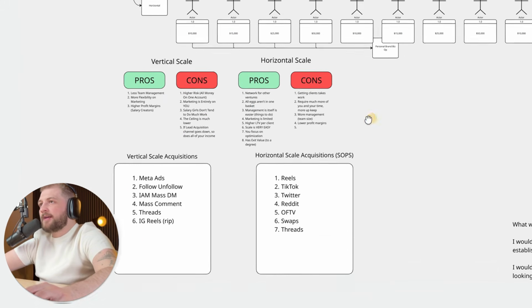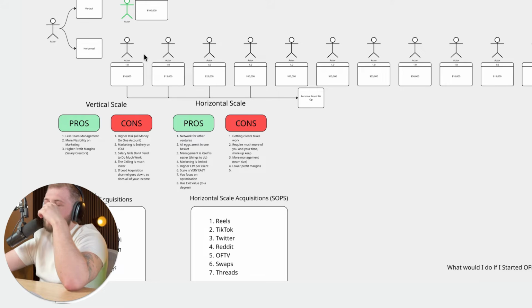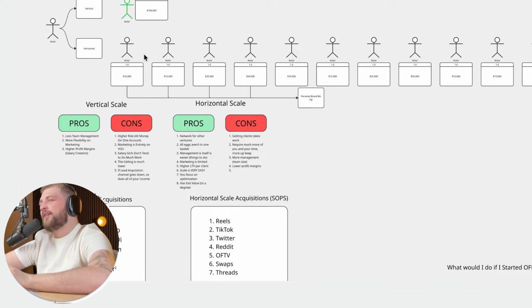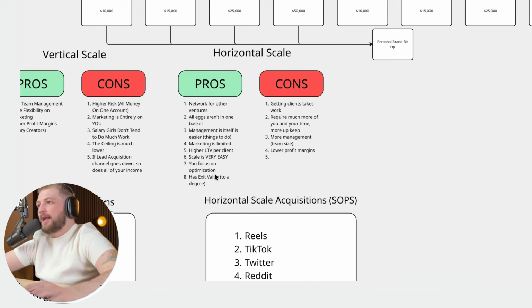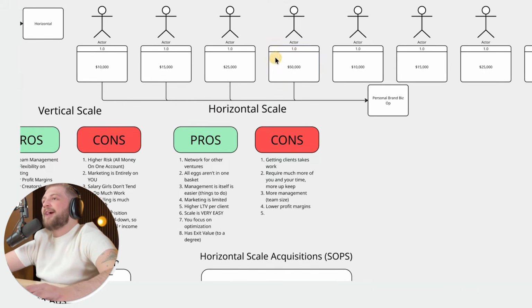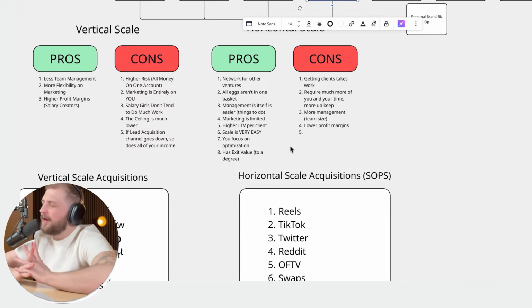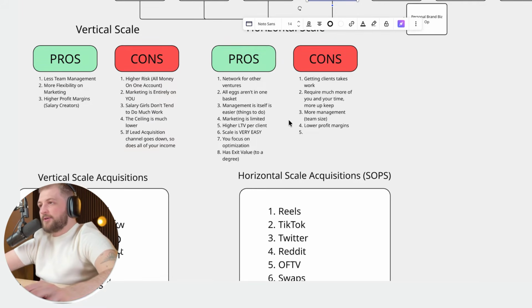Scale is very easy because you have word of mouth, okay? And you have lead getters. Lead getters are essentially when you turn a model into somebody who actually is an affiliate for your company by incentivizing them to invite their friends to your agency and to come and work with you, okay? Now, your primary focus is just simply on optimization, taking what they already have built and optimizing it and making it more efficient. So their Instagram posting, their Reddit posting, their TikTok posting, whatever they're doing for their traffic, you just simply help them optimize that and make sure that it is doing as good as it should.